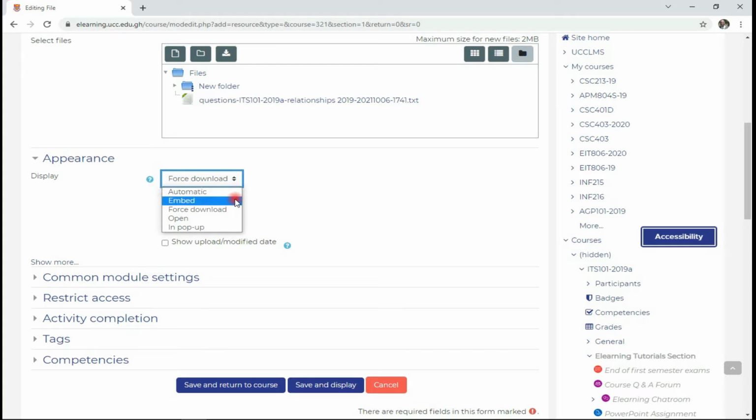Next is Embed, which will make sure that the file is displayed within the page, below the navigation bar, together with the file description and any blocks. The Force Download option will prompt the user to download the file before accessing it. The Open option makes sure only the file is displayed in the browser window. And lastly, with the In pop-up option, the file is displayed in a new browser window without menus or an